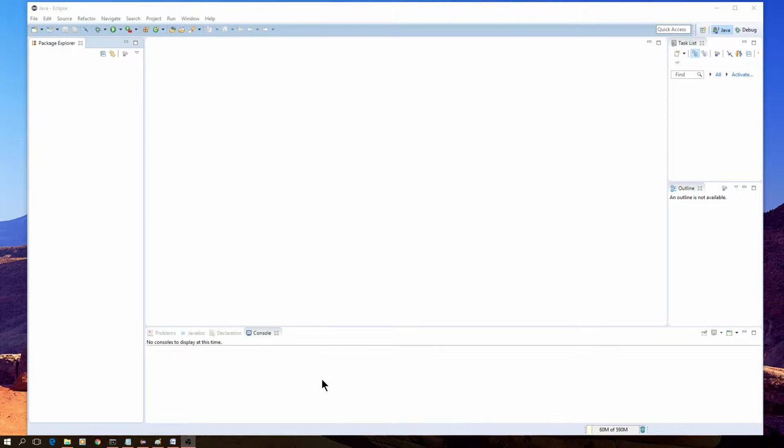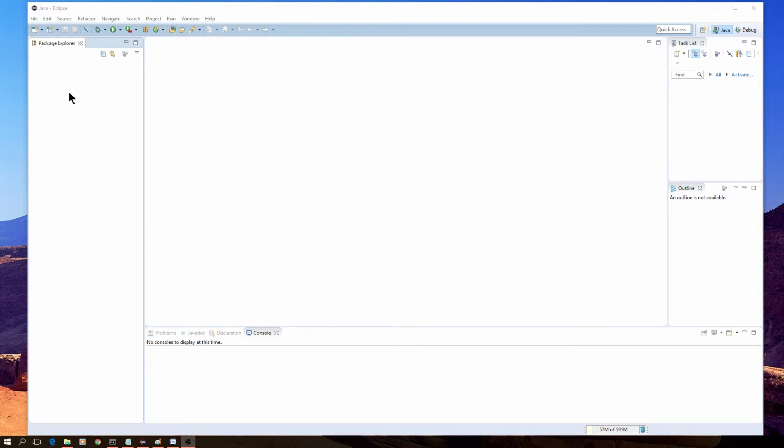Down here below is where the console output of your project is, or other things like problems or issues that you might have, or perhaps some declarations. Anything that's being output usually shows up in the bottom. And finally, these two panes over here on the right hand side are where different plugins that you use will dock some of their additional